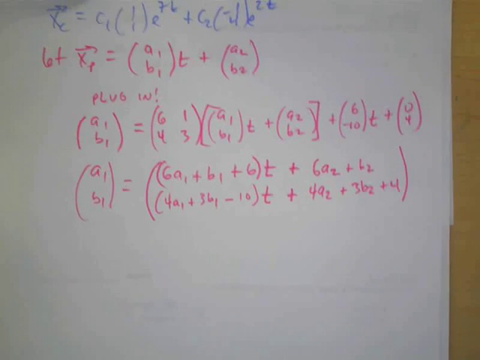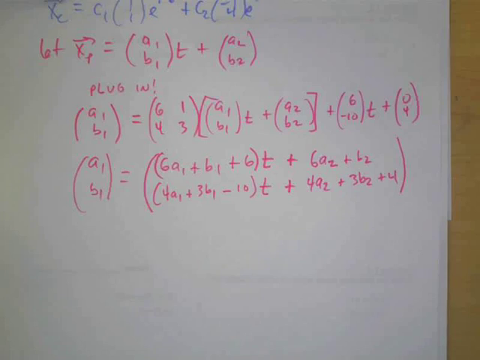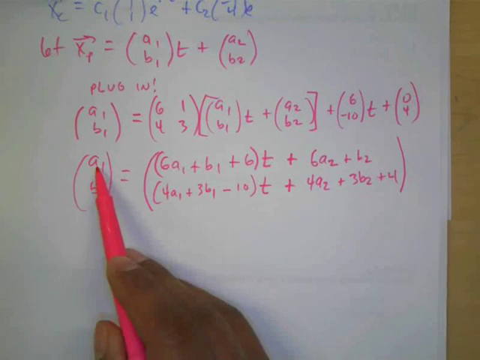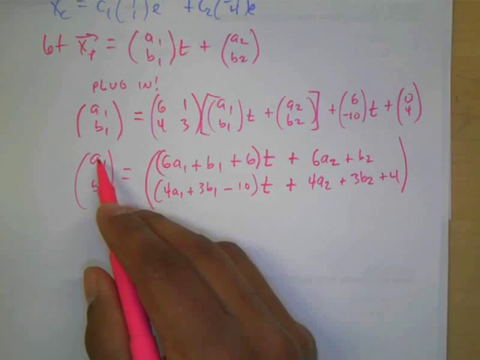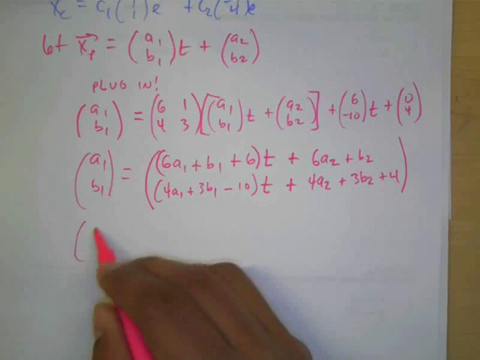Okay, and probably the easiest thing to do would actually be to go ahead and set this equal to 0. So if we take this left matrix,